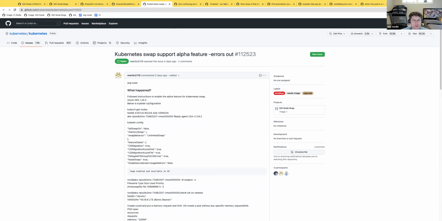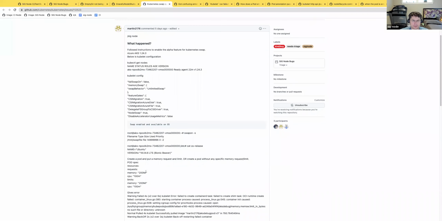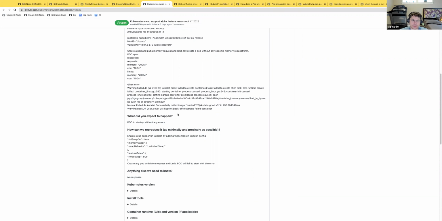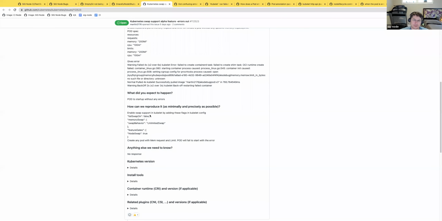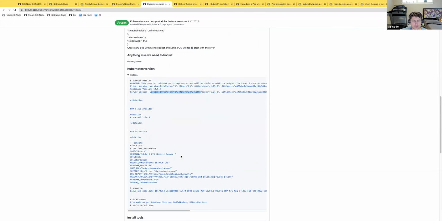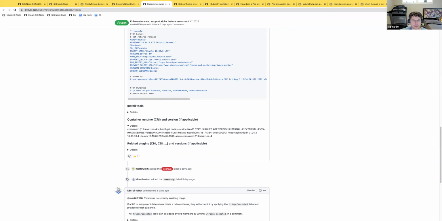Errors out, alpha feature. On 1.24. And it's containerd 1.6.